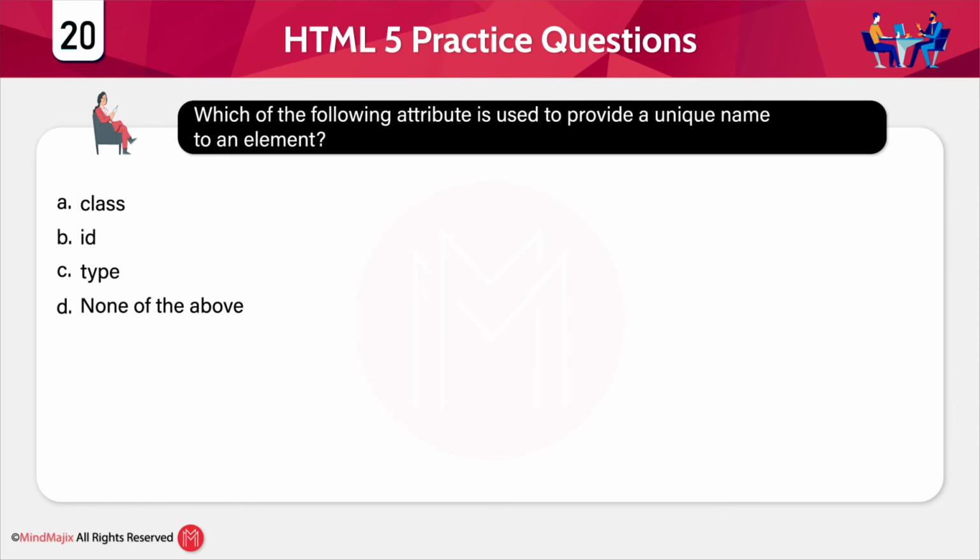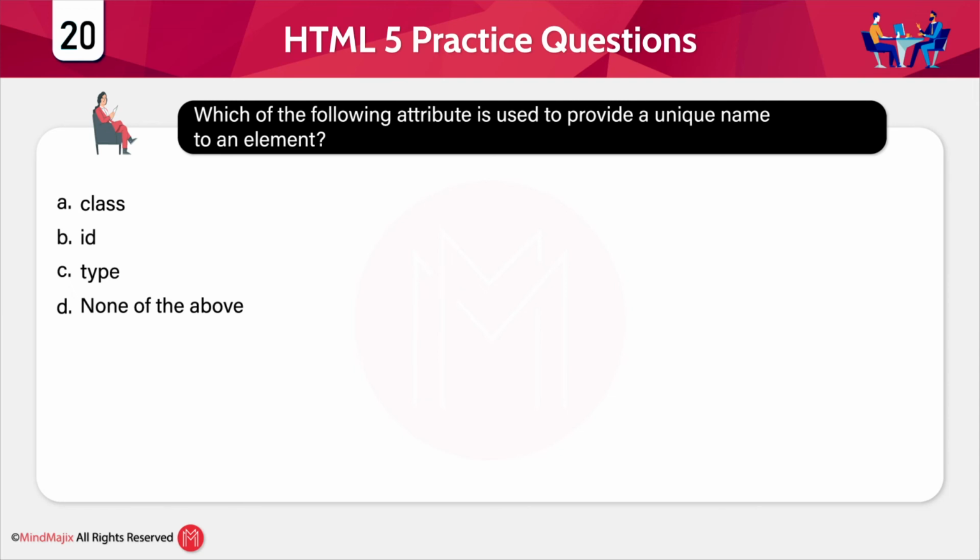If I want to provide a style to the first 2 paragraphs, their class name must be the same. So class allows us to provide the same name to 2 or more tags, whereas id allows us to provide a unique name to the element.